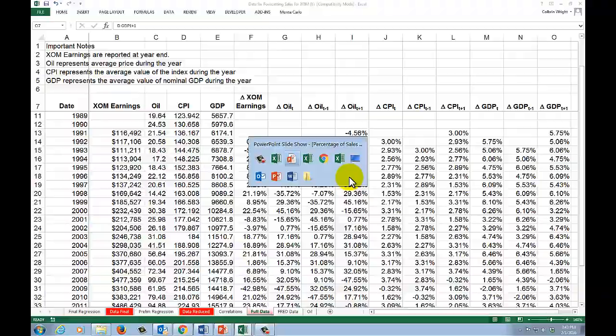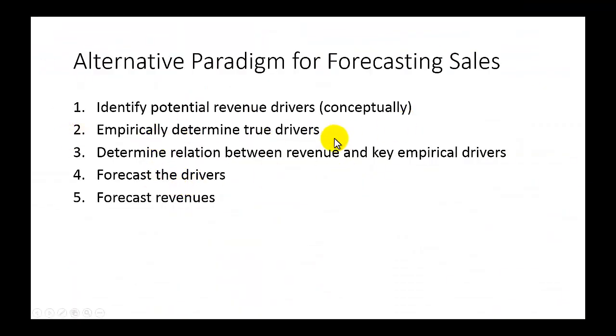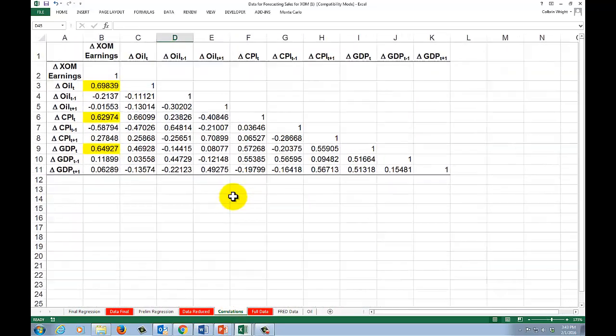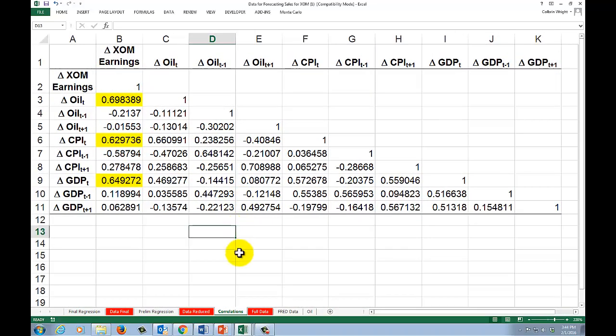Well, remember, next step is we want to empirically determine what the true drivers are. So what I did is I calculated the correlation matrix. Let me make this as big as I can so we can see it. Now remember, I'm using the simple Pearson correlation coefficient. These are bivariate correlations. They're bounded by -1 and 1. Perfect positive correlation is 1. That means that two data streams move in perfect tandem. Perfect inverse correlation is -1. That would mean that two data trends go in opposite directions. If there is no correlation, then it would be 0 for the correlation coefficient.